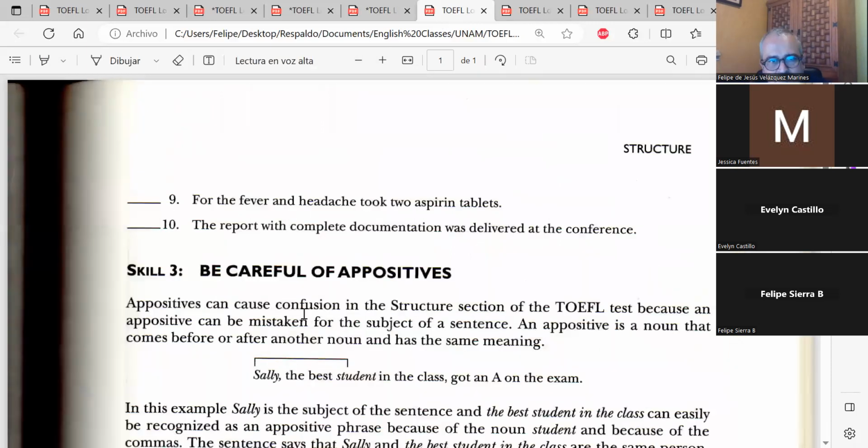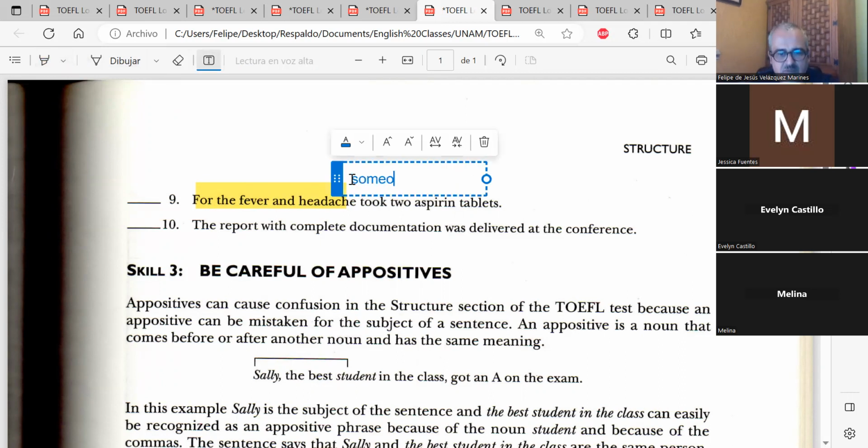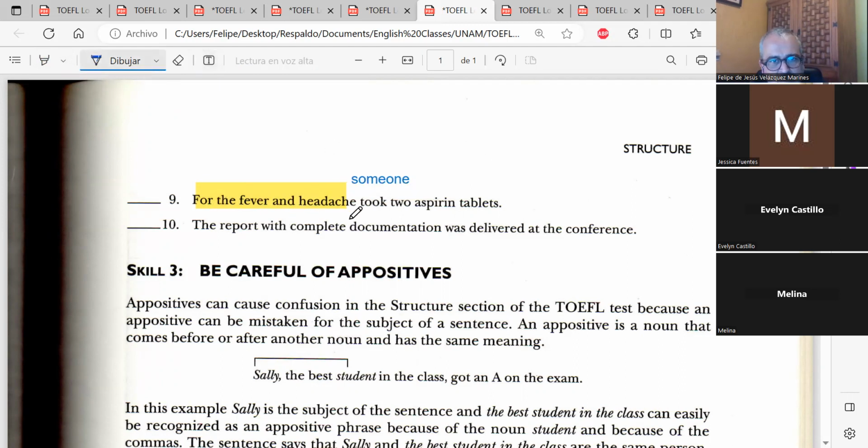Melina, number 9. For the fever and headache, took two aspirin tablets. Correct? No. Let's go back. Well, no, incorrect because you need the subject, yes. For the fever and headache, someone took an aspirin. Yes, okay. And we also need a beautiful comma. Yes, after headache. Okay. So the next one is